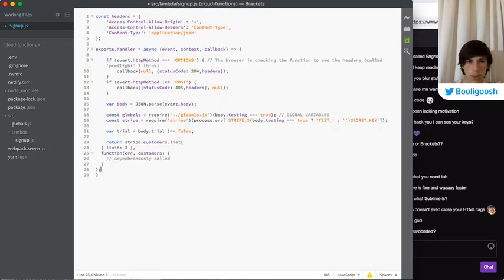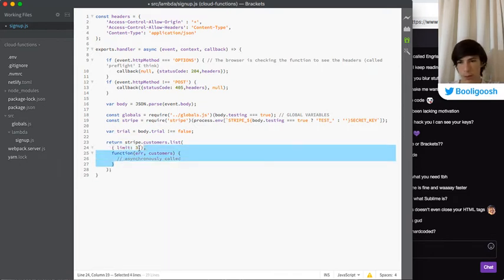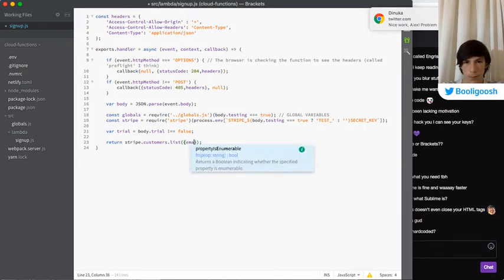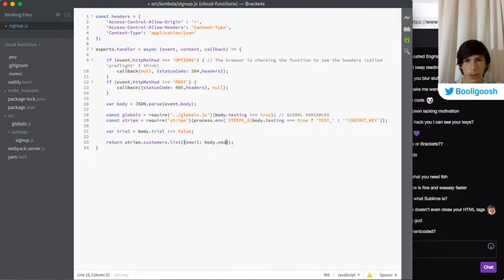Return. We don't want a callback function. We will just have email be body.email. Okay, cool.